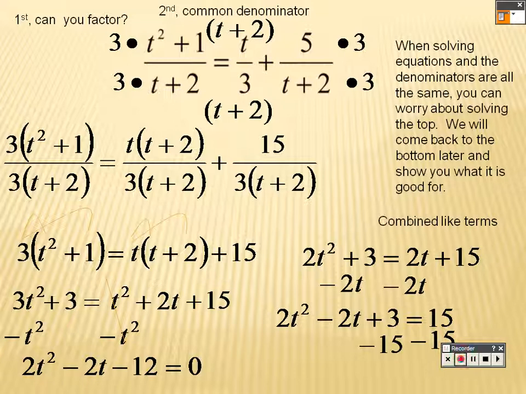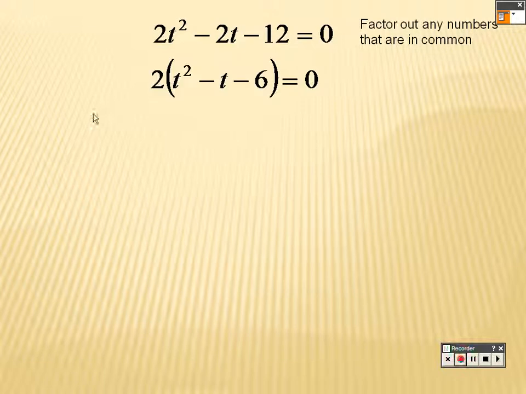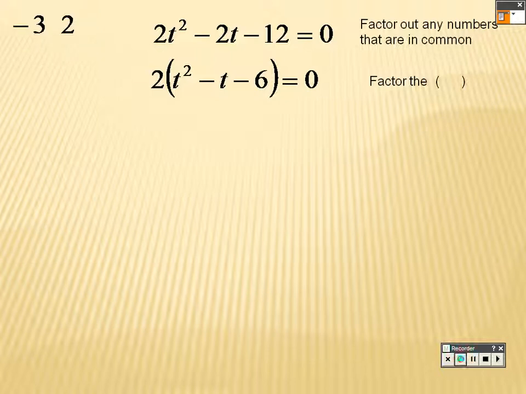Okay, got a quadratic equation to solve. So to solve that quadratic, I realize, hey, I can take out a 2 from everything. So I take a 2 out because every single number there is divisible by 2. So I took that out. So now I got to see, can I factor this? Okay, so let's find out if we can factor this or not. And for some reason, I guess it was lagging there, but the correct answer is yes, we can,